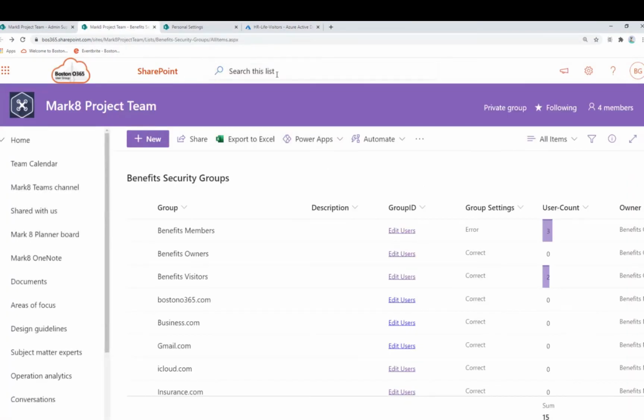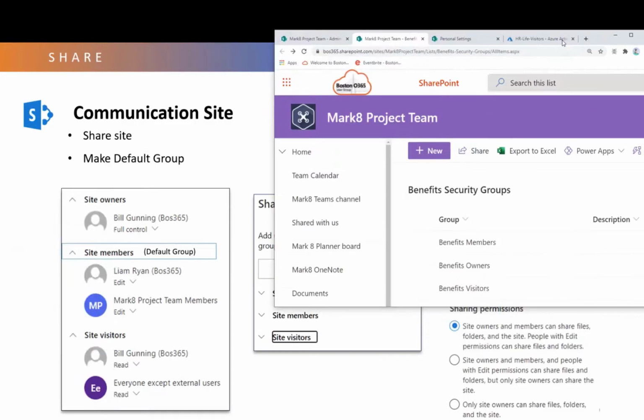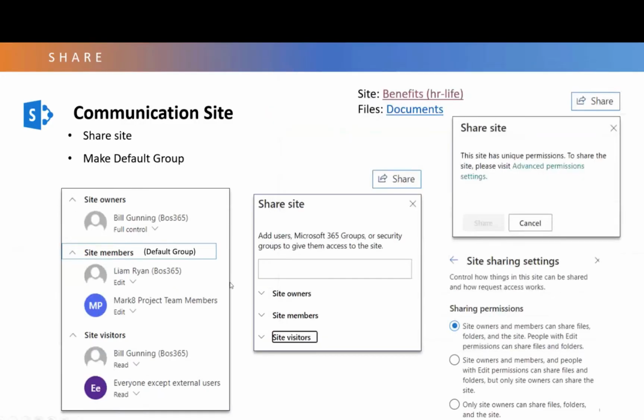Okay. Then the other thing, let's go back to my slides. There's a little bit of experience about how I sit down with site owners and figure out how they want to manage this communication site. Is it just 2 or 3 owners? Is it a group of people? Do they already have a team site? Then I can leverage that team site. I don't need to put all the users in. I can just drop the link in.